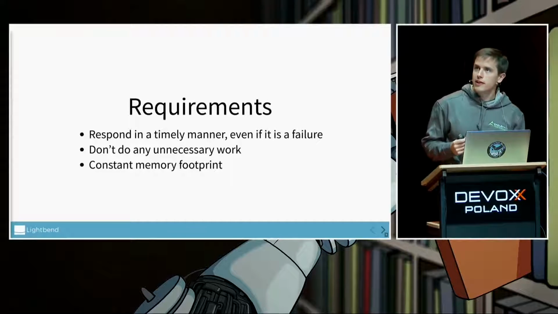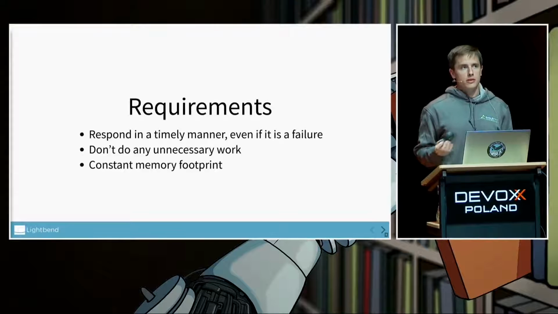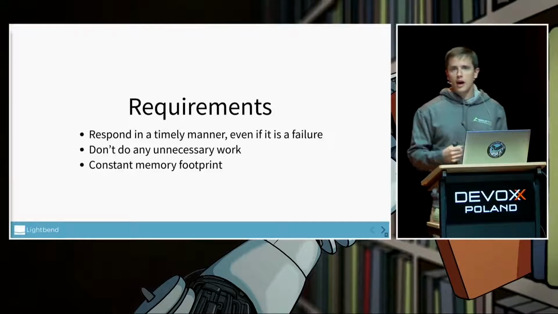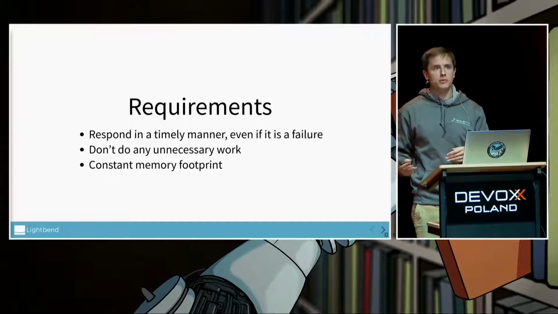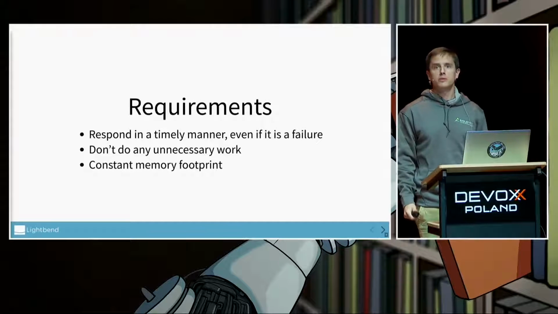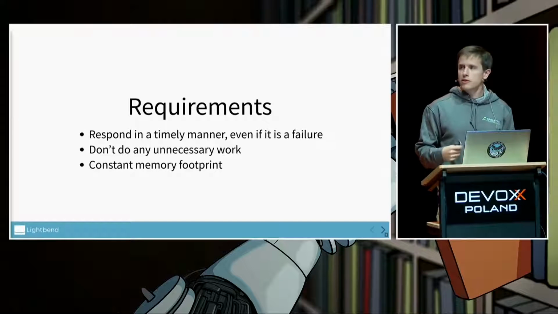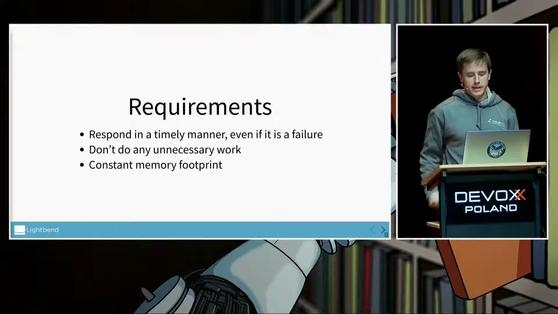One of the side effects or the other benefits of building things which are flow controlled is that we're not going to do any unnecessary work. So if the client that comes into our application stops consuming the response, we'll stop doing the computation. We'll stop pulling the data from the database. We're not going to do things in the hope that the client's going to start reading that response back. And we're going to hopefully do this in a constant memory footprint. So whether there's 10 records coming back from the database or 100,000, we're not going to require a bigger heap.